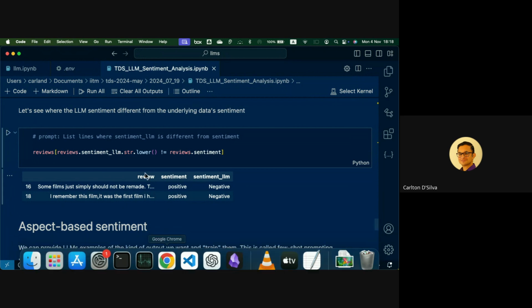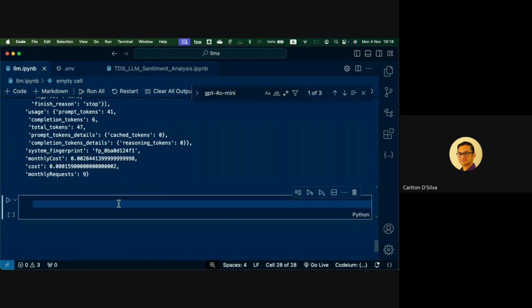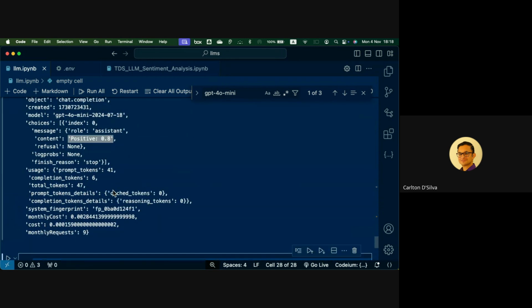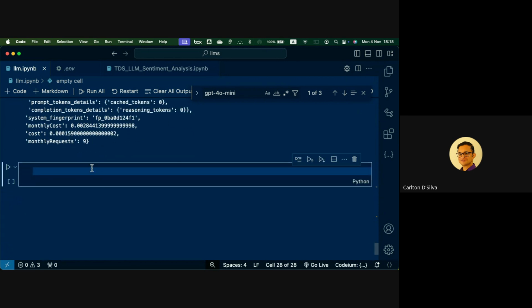Right. Now the next thing is a very important topic. It's called function calling. Okay. Now you may think, what is this function calling? I mean, we are able to interact with the LLM, able to tell it to do whatever you want. So what's the big deal about this?